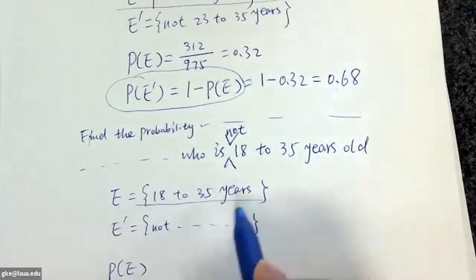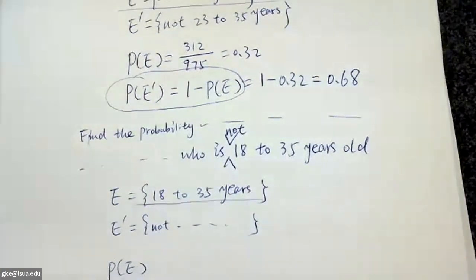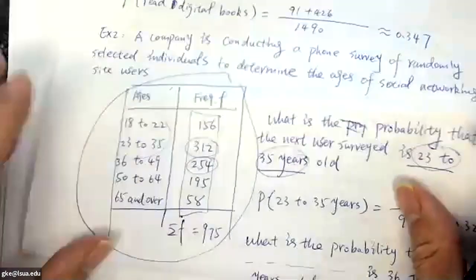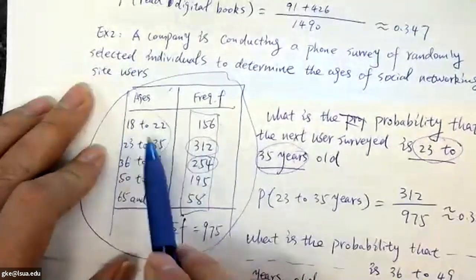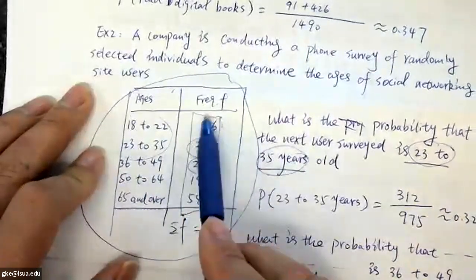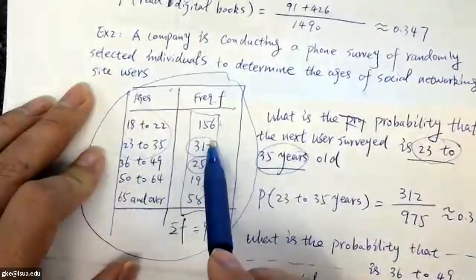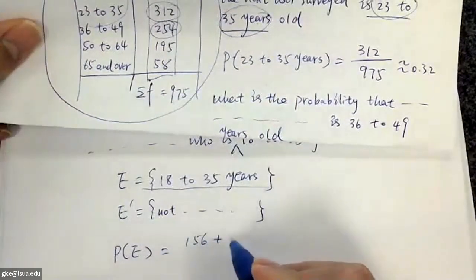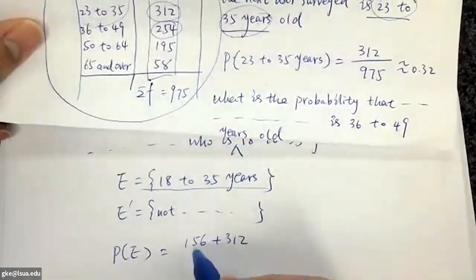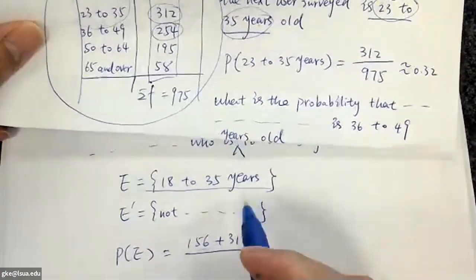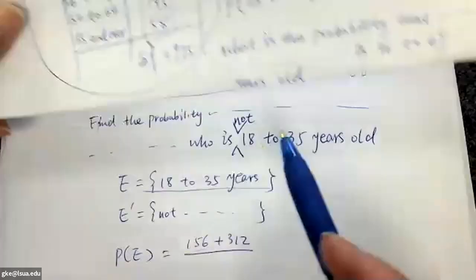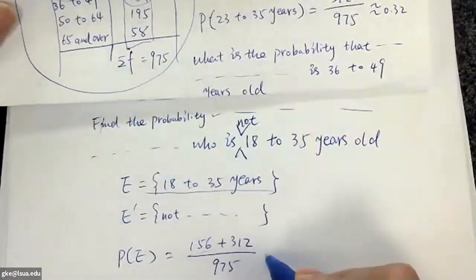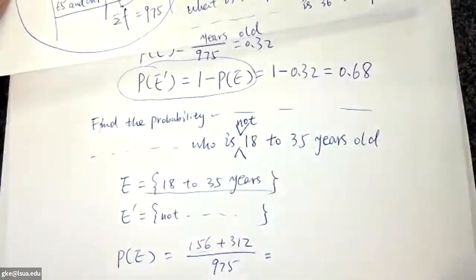P(E) is 18 to 35 years old. So we can see from the table, 18 to 35 years old is going to be these two numbers. We add these two numbers, and divide by the total frequency, which is 975. And this gives you